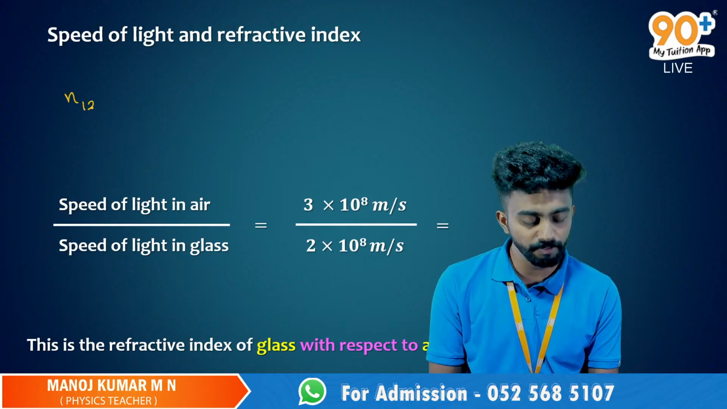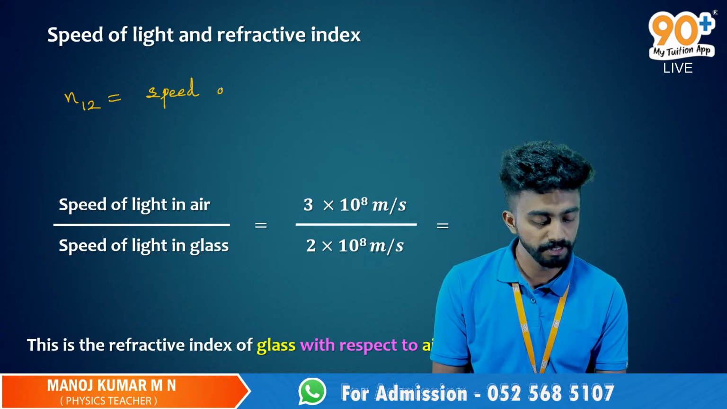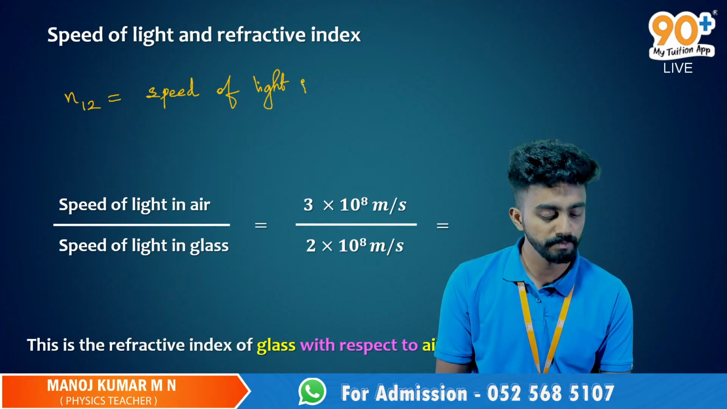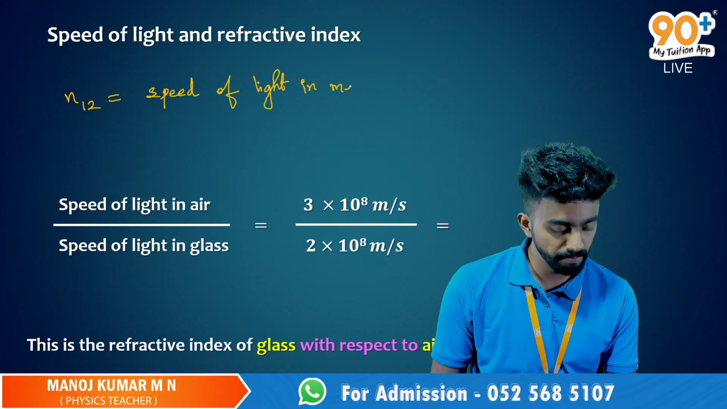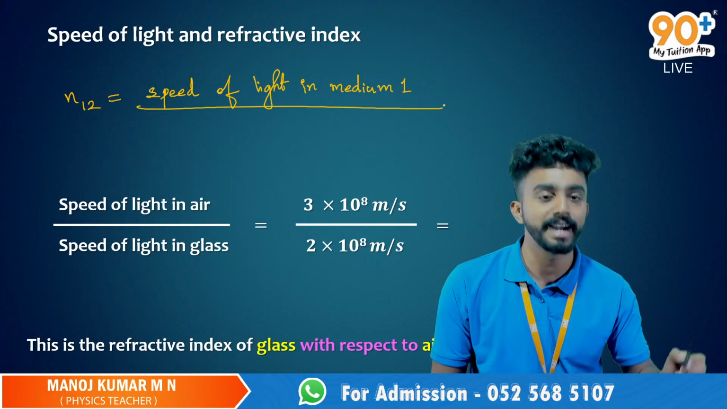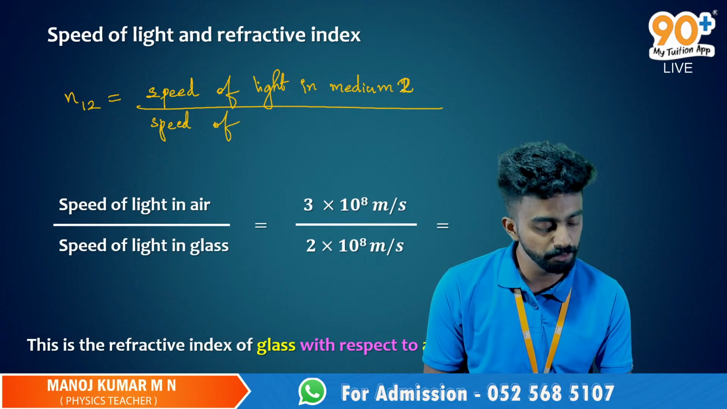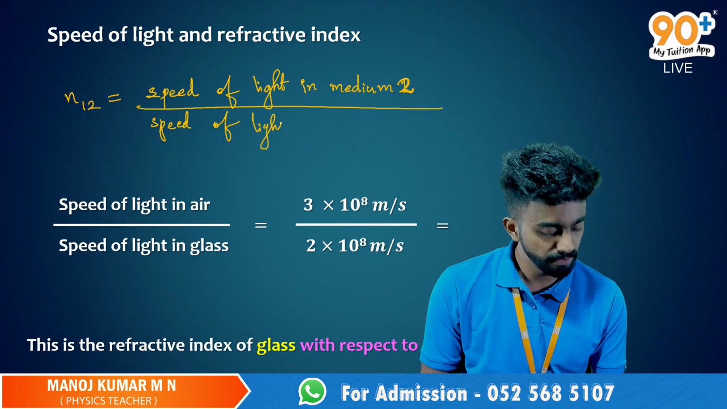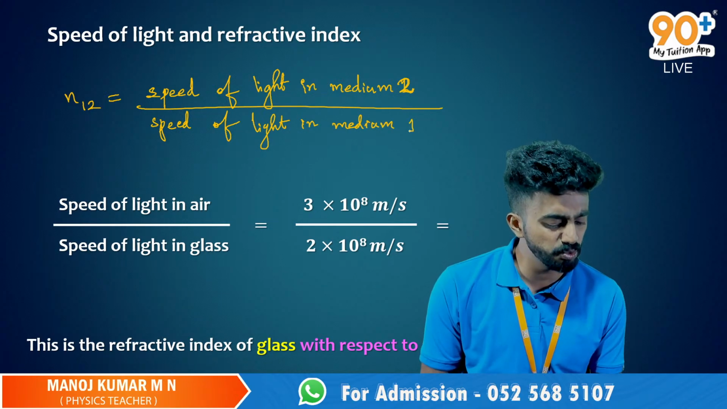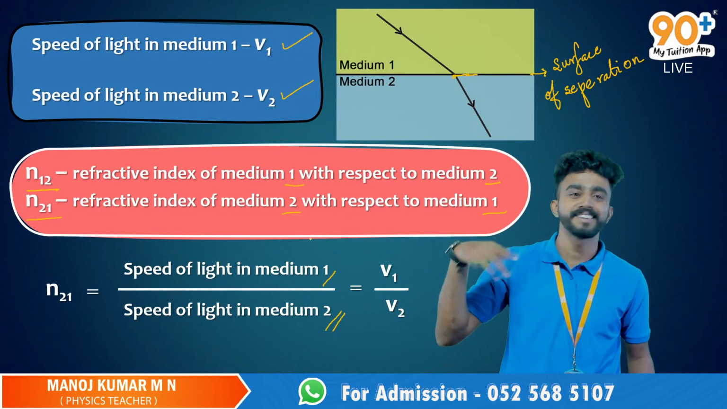So n12 is the speed of light in medium 1 divided by the speed of light, medium 1 or medium 2? Medium 2, right? Medium 2 with respect to speed of light in medium 1. Guys, you will be confused. Why is it medium 2 and 1? Because in this it was 1 and 2, so the other case will be 2 and 1,